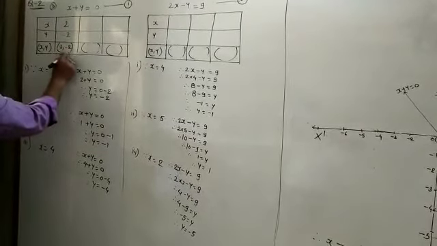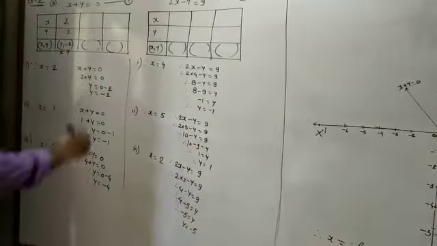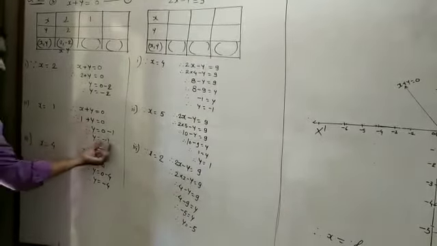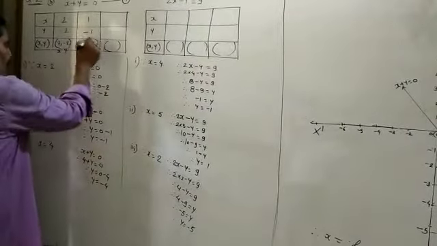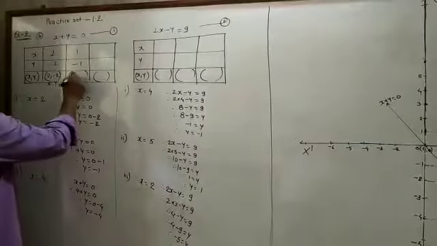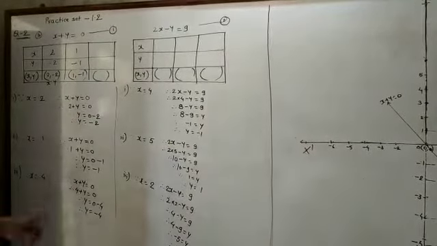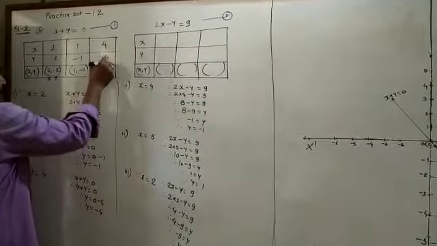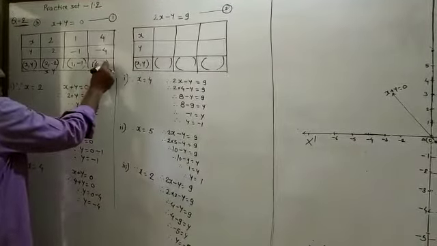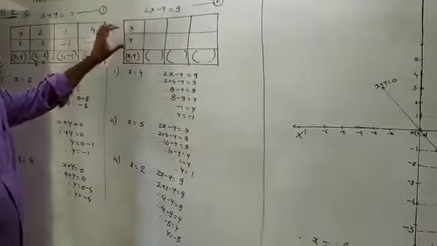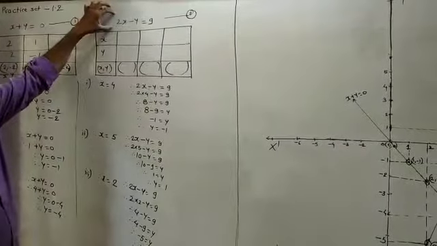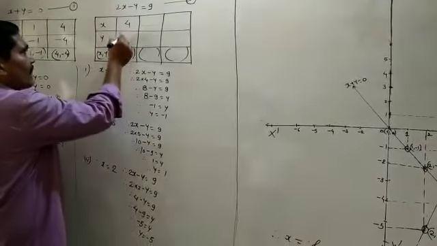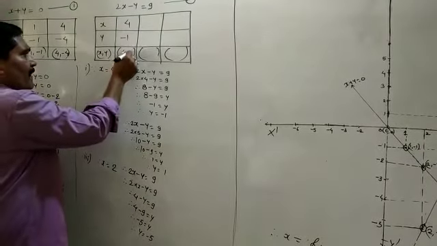This is the x coordinate, and this one is the y coordinate. When I consider x as 1, the value of y will come minus 1, and the coordinates of the point will be (1, -1). When you consider x as 4, the value of y will come minus 4, and the coordinates will be (4, -4). In the same manner, in the second equation I will consider x as 4. That time the value of y will come minus 1, and the coordinates will be (4, -1).